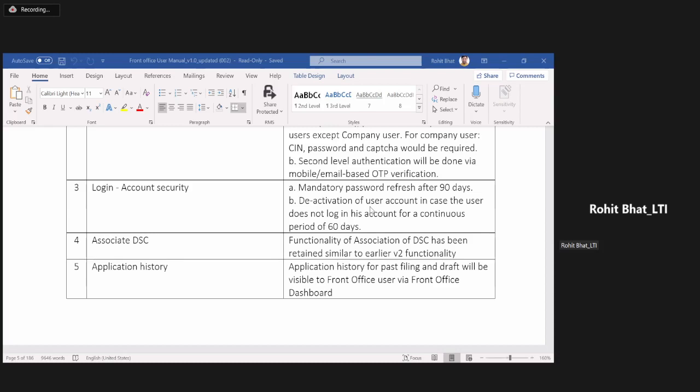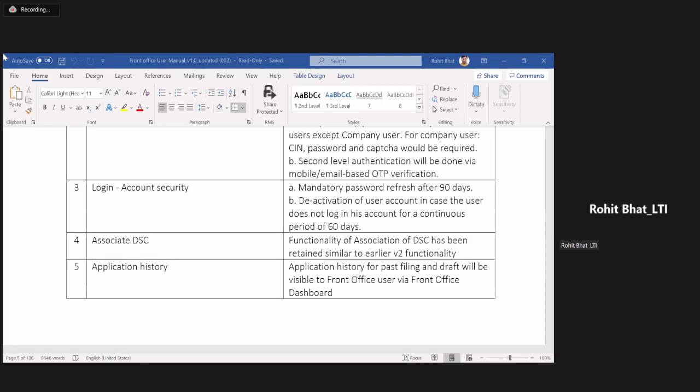So I want to focus a little bit more on the DSC part of it. I think Shripriya, we have also received many questions on DSCs. On DSC, the ones who have registered their DSC in V2 need not register again. They have to mandatorily register themselves in V3. Second, we are also running a sync job every 2 hours between V2 and V3. So until 12 o'clock in the morning, we have sync between V2 and V3 users.